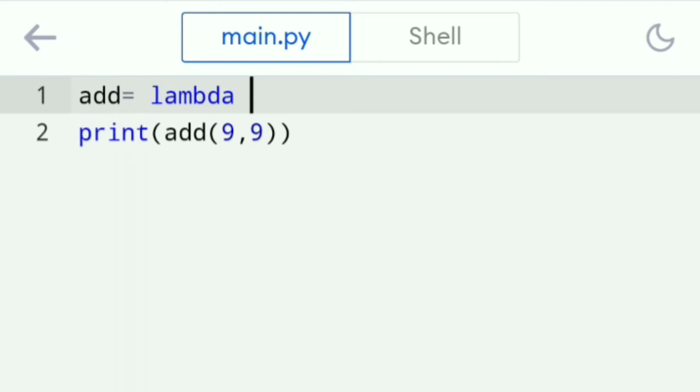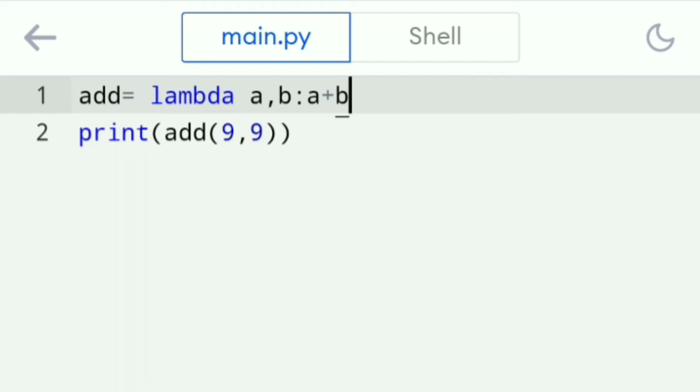For example, here in this print statement we have only two numbers. So let's name two variables, and you have to end with a colon. After writing all the arguments, you end with a colon, and then proceed with what task should be done for those variables. Here this is an addition program, so let's write the addition code. That's all. This is an anonymous function. Here there is no name for the function. We use the keyword lambda to define this anonymous function, so it is also called a lambda function.